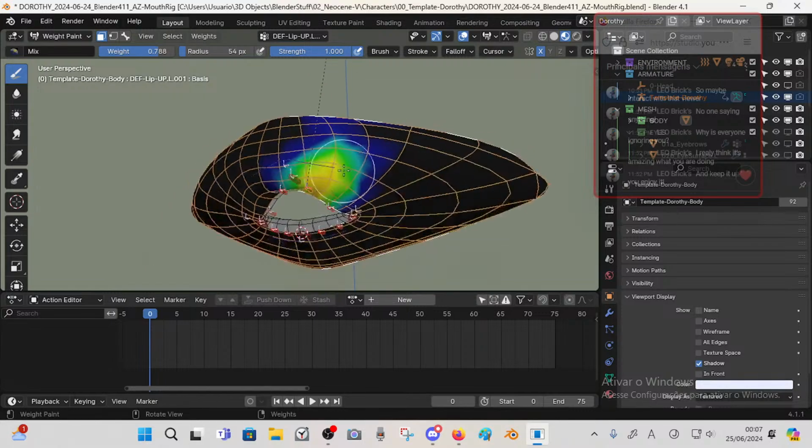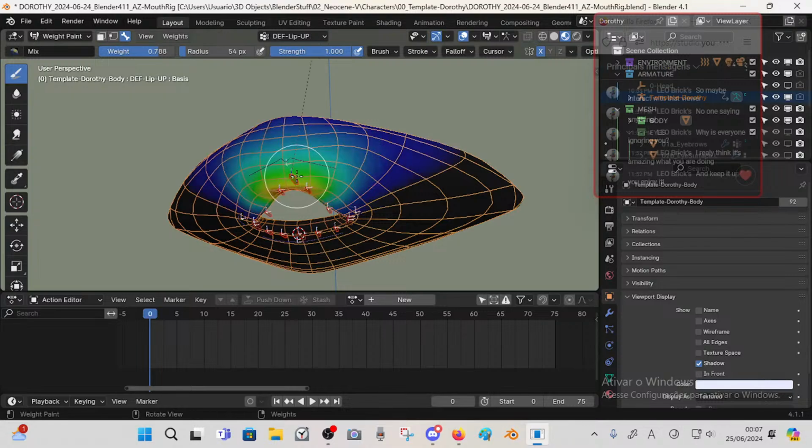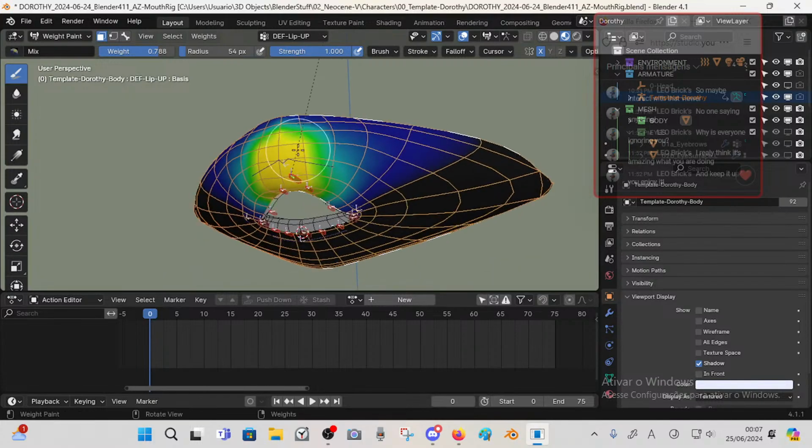So let's try to extrapolate those things, right? So and see